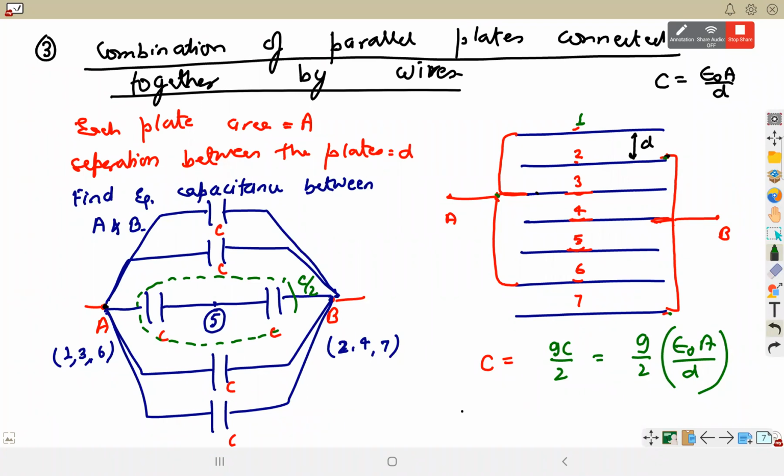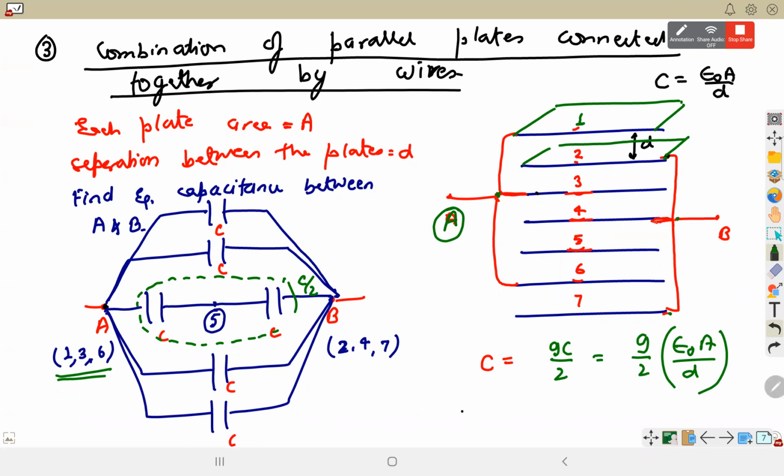No, sir. ये plates हैं. These are like plates like this. और हमने प्लेट्स को आपस में कनेक्ट किया हुआ है. 1 is connected to 3 is connected to 6. The plates which are connected together will be at same potential. 1, 3 and 6 are connected together, so they will be at same potential, same as A. हमने A को assume कर लिया. Plates 1, 3, 6, they all behave as A.